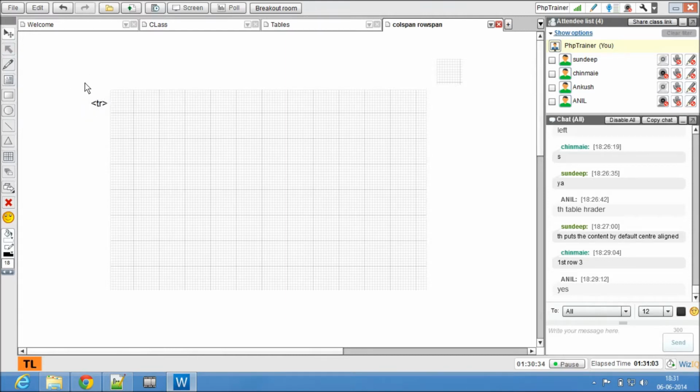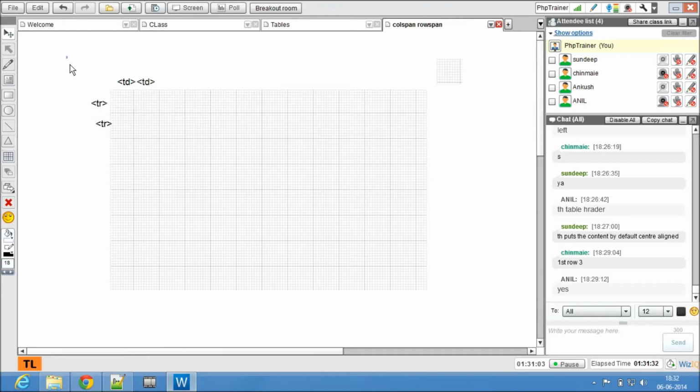So this is a TR. Okay, assume this is a TR, and everything is a TD or TH. Alright, so assume that everything is a TD, and that's a TR. Okay, like such.